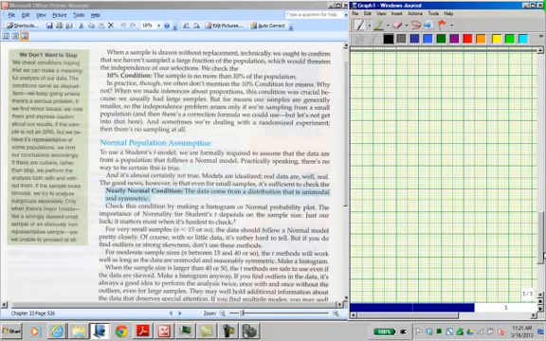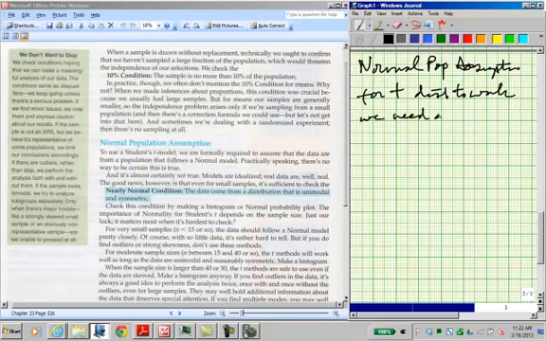But here's the thing that's really important. The normal population assumption. Okay? In order for the T model to work, for the T distribution to work, we need a normal population. We need an approximately normal, or normal enough, nearly normal, I think is what they say. Nearly enough. Okay? Now, that means the population is unimodal